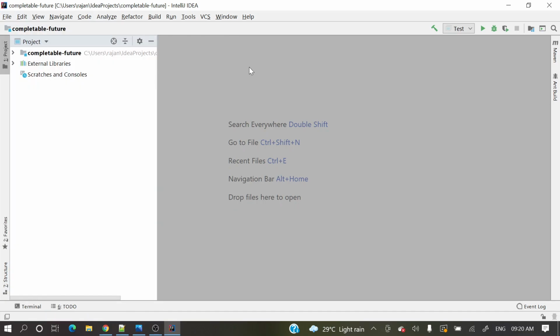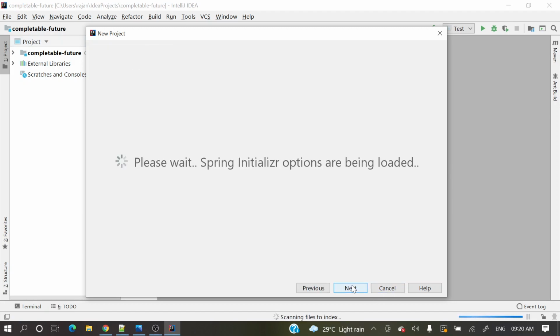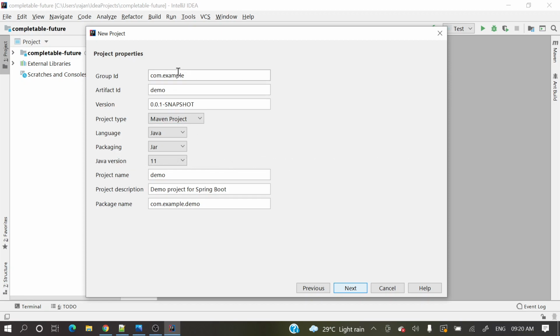We'll start it and complete it quickly. Here for group ID I'll give com dot, and the artifact ID, the project name, is Kafka producer consumer YML, since we'll do it using a YML file.